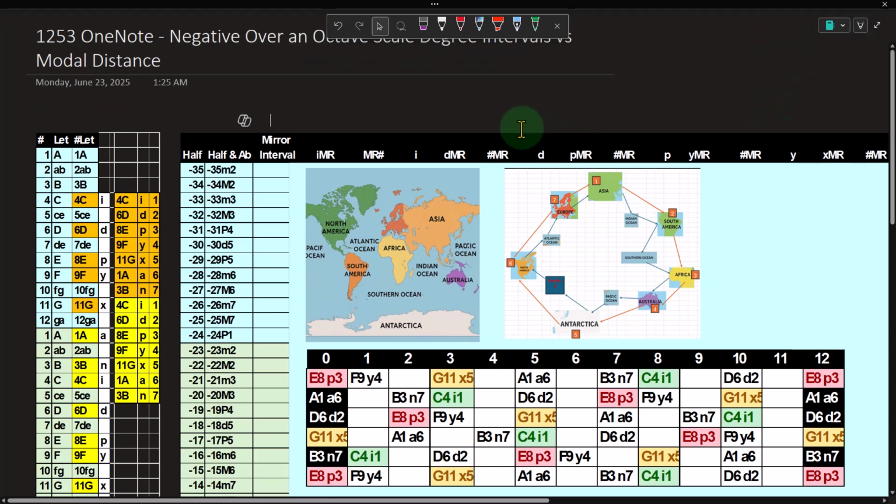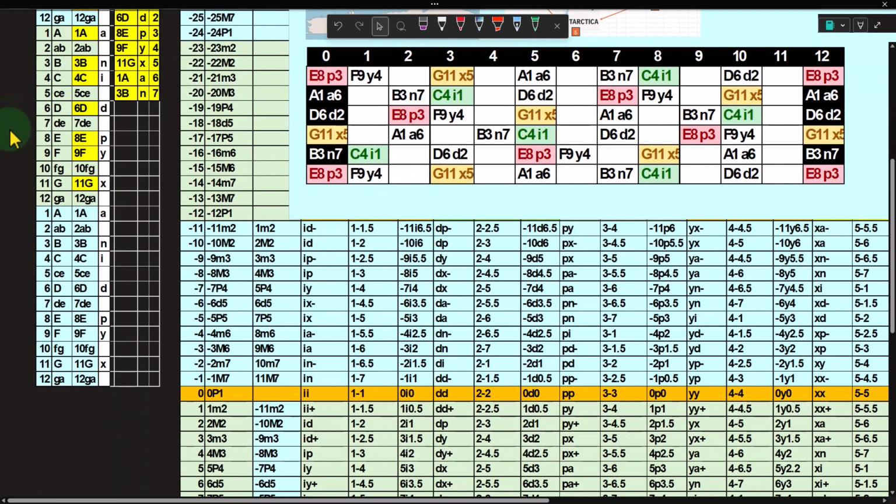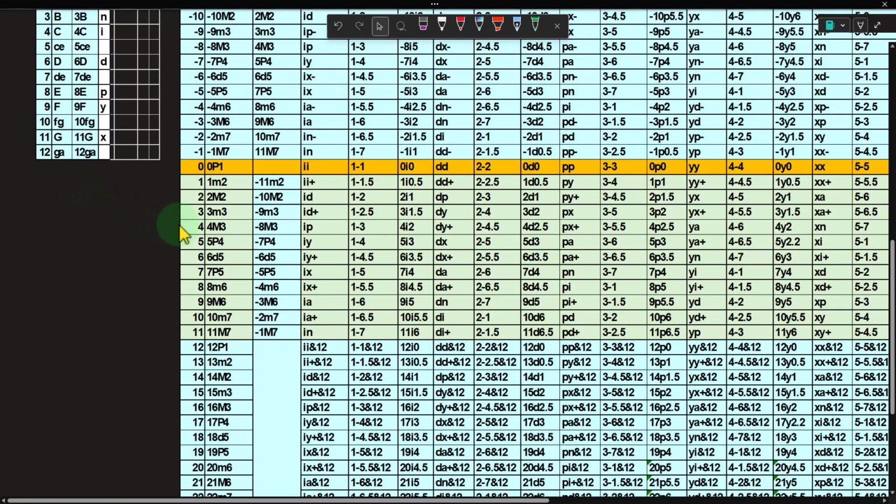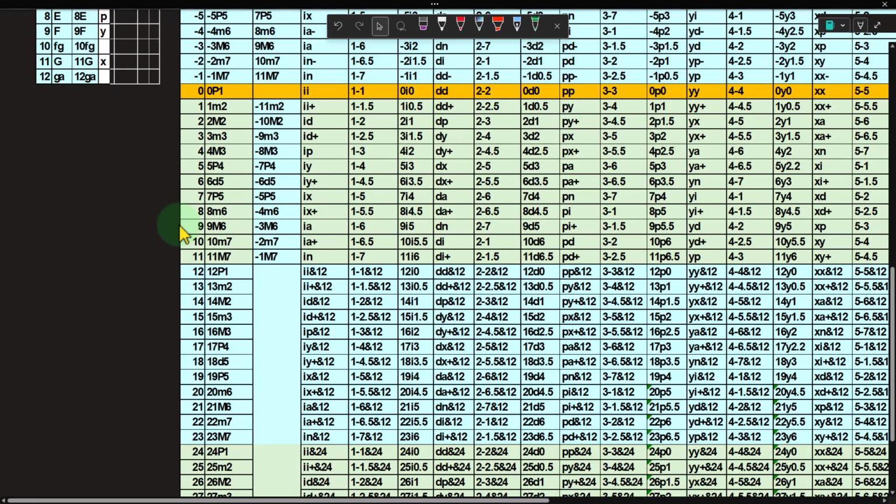Also note, within this OneNote presentation, we can spend all of our time looking at music theory, but we have a similarly numbered and named presentation where we build these tables in Excel, practicing music and practicing table visualization at the same time. We're going to continue to look at our intervals, which is our distance notation, but it also